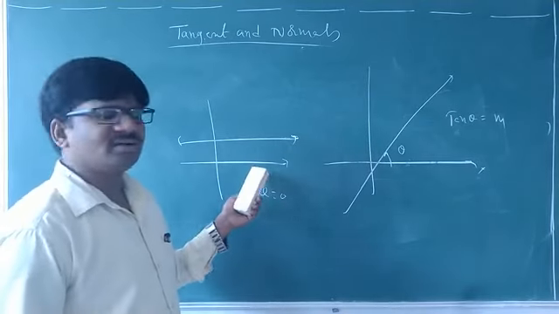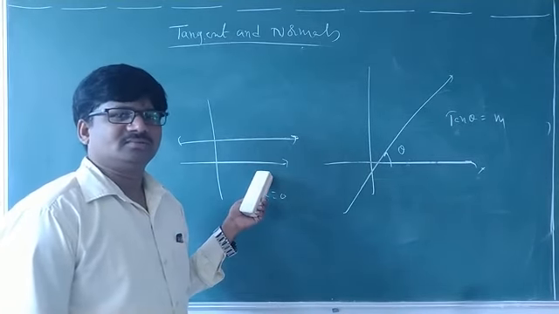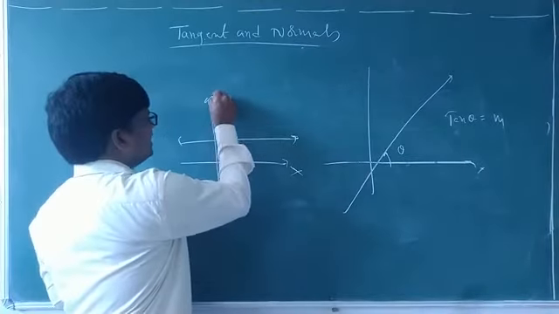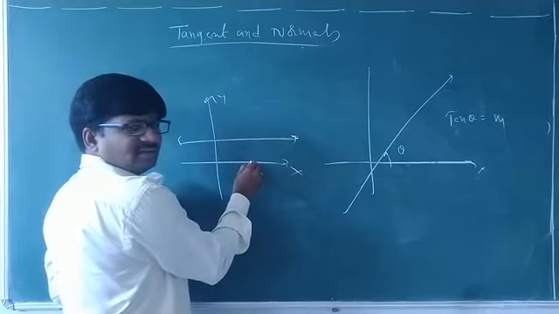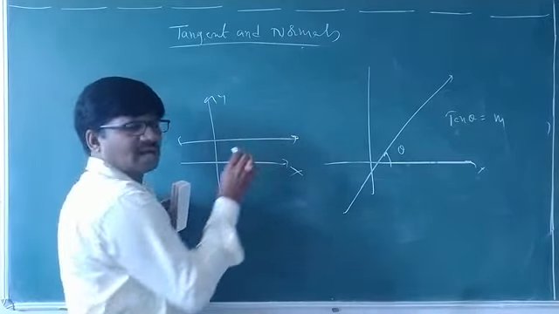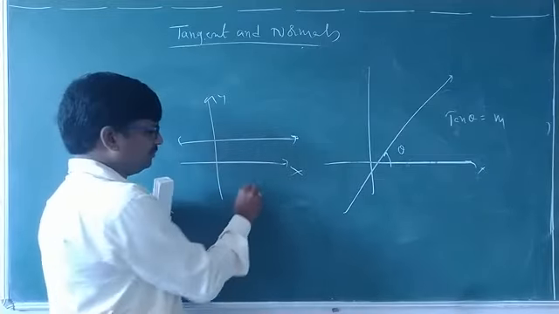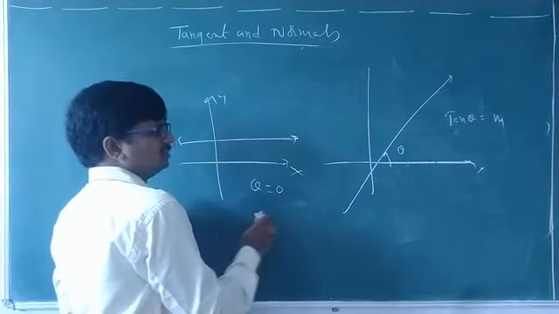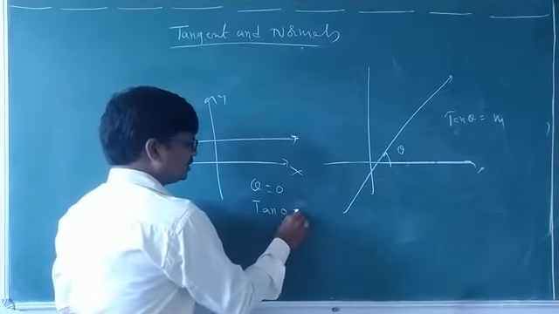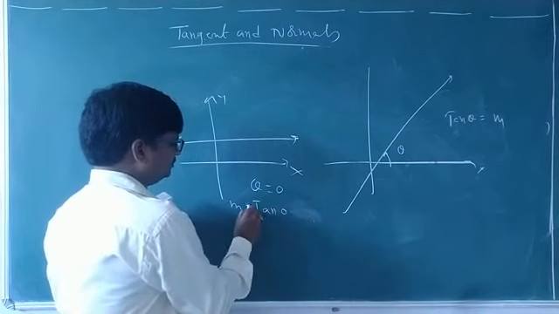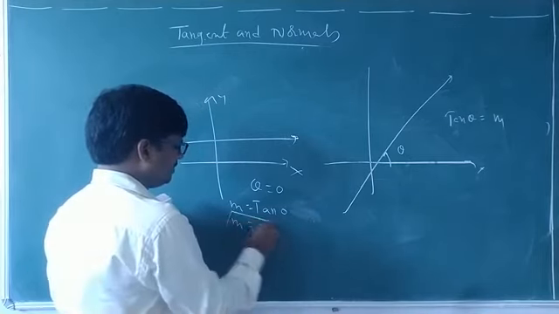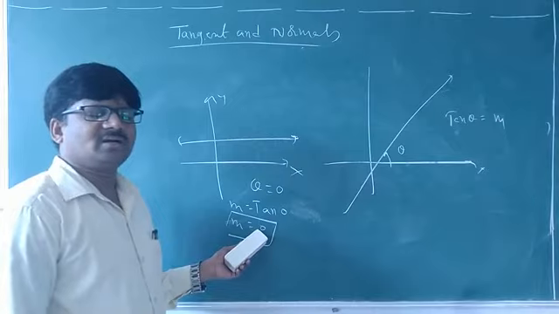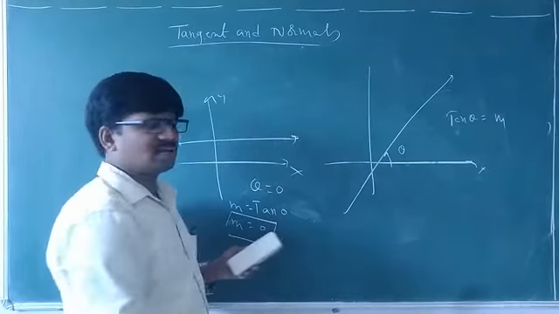That is why slope of x-axis equal to 0. Why is it 0? See, here it is x-axis, it is y-axis, it is a straight line. This line is not making any angle with x-axis. So theta equal to 0. So to find the slope, m is equal to tan theta, tan 0 means 0. So m equal to 0. That means slope of a line which is parallel to x-axis is 0, or nothing but slope of x-axis also equal to 0.